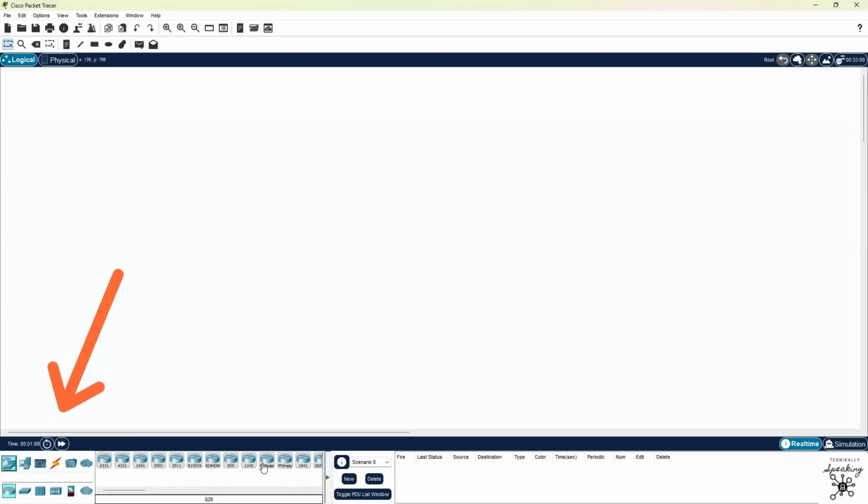So you have networking devices. Clearly, those are routers. In our networking devices down here, we have some switches and hubs, wireless devices, even a WAN. Our end devices right here, you see PC, laptop, server. You can even scroll over to see if there's more. Home, got some items, smart city, and whatever. And this little thunderbolt is connections. These are our console connections, our cable, straight through, fiber, phone, etc.